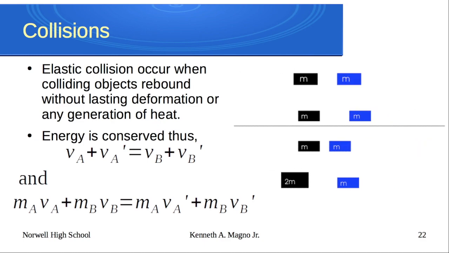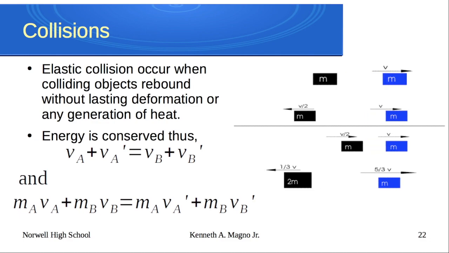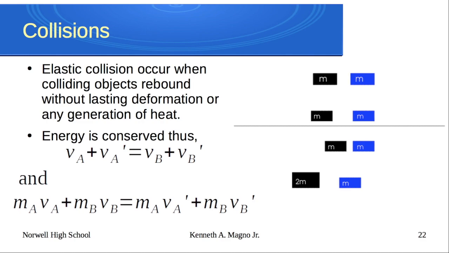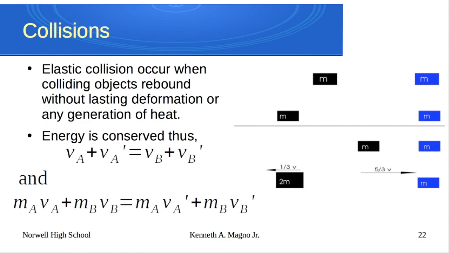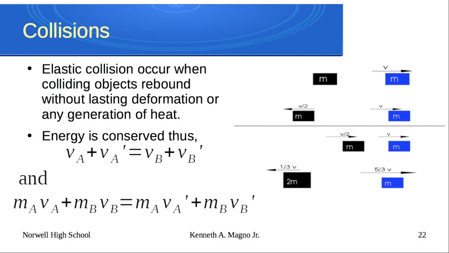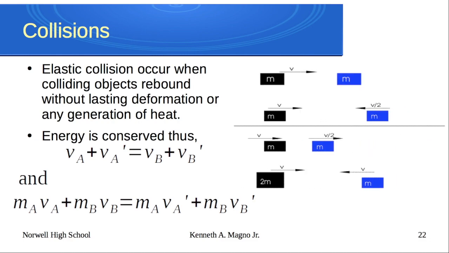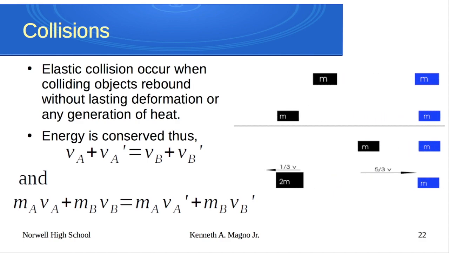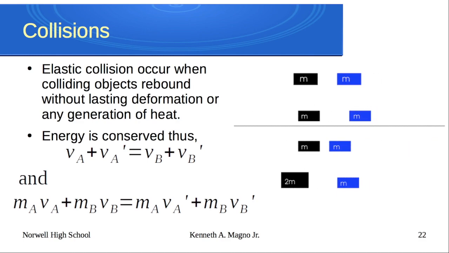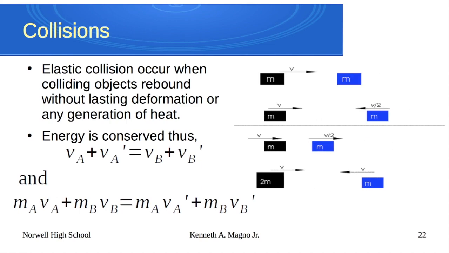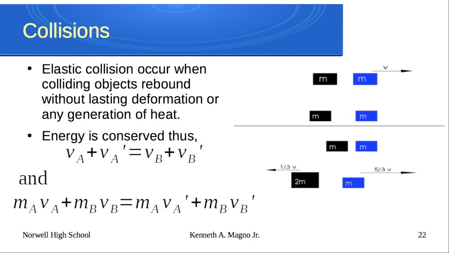So for an elastic collision, the objects collide and they're going to rebound without any deformation or generation of heat. So this is really what happens for air molecules or things at the atomic level. The particles come in, they hit, the momentum is conserved, so the initial momentum of the two particles equals the final momentum, but energy is also conserved. There are some fancy equations that I'm not going to bore you with that tell us that the